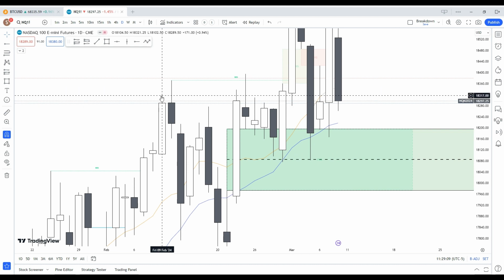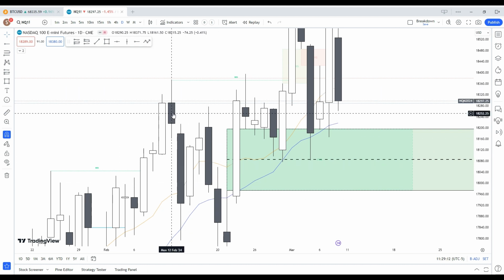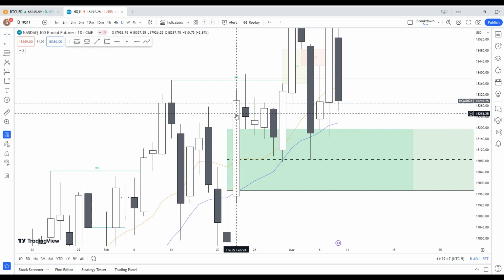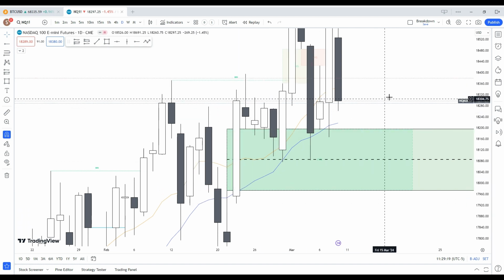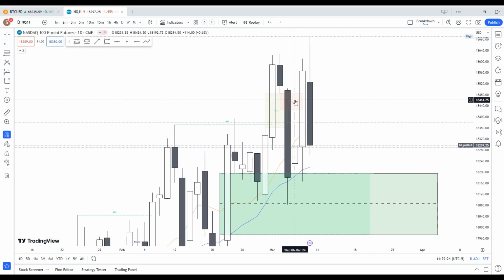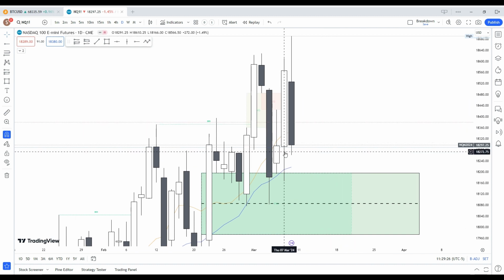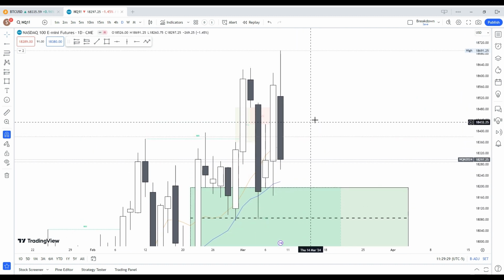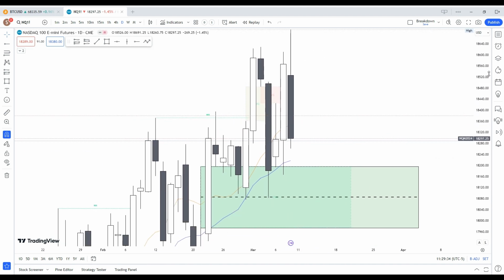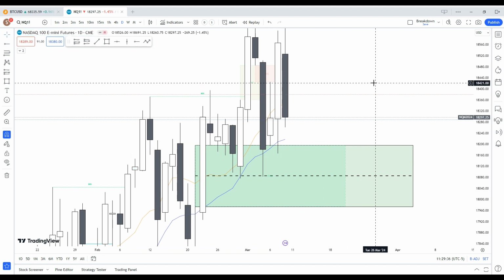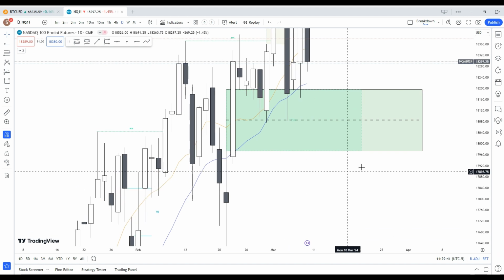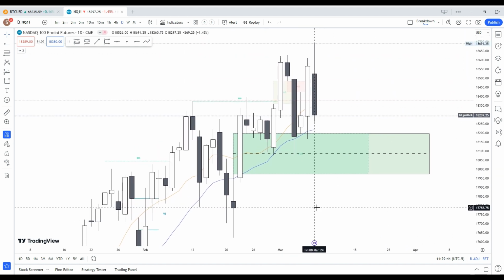Kind of like what happened back here, right? Just wick up through, drop down, couldn't quite get there, came down, eventually popped through before making a larger move up, consolidating again. I would imagine if this continues to hold this small uptrend, we're just going to pop up through again. I don't think seasonality is on our side quite yet for that, but when it does get there, it should be more powerful.